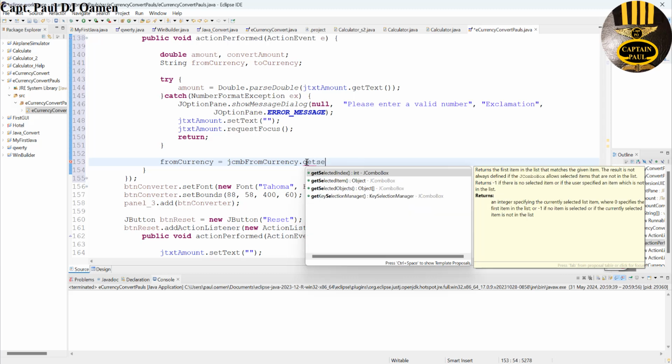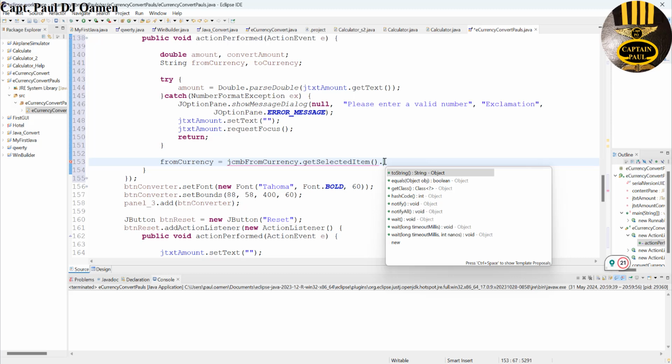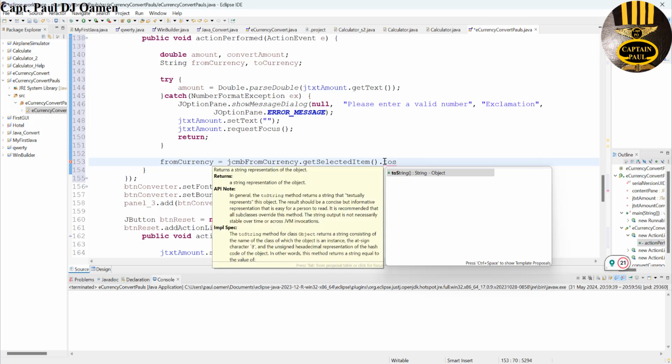Let's say selected item. Yeah. getSelectedItem().toString()